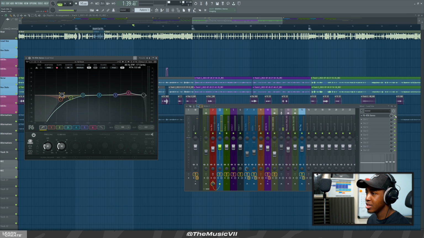Without this effect, without this EQ, it sounds like,